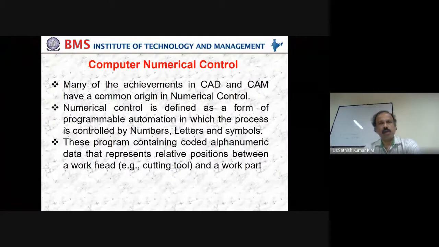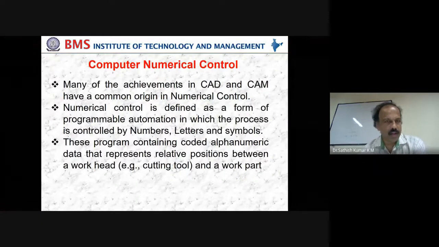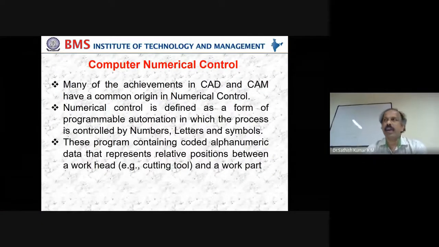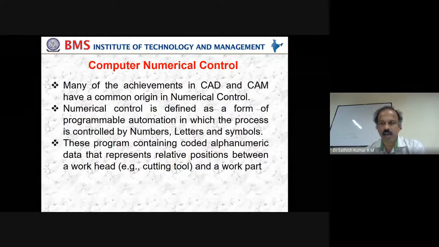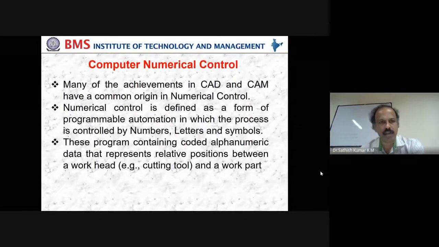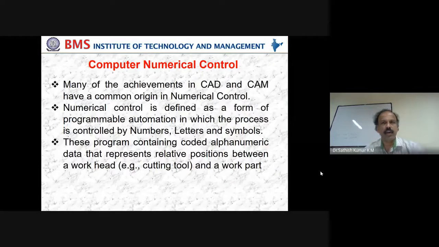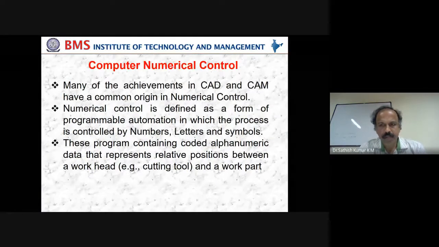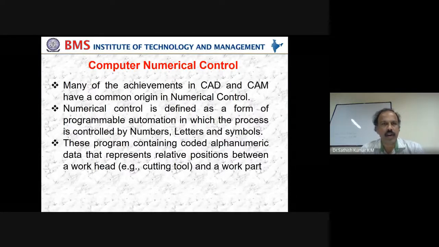Once again, good morning, everybody. We'll start with this chapter, which is dedicated to CNC programming. Initially I thought I would do this on the blackboard so that I could explain the concepts very clearly, but as we could not get that opportunity, I'm taking this chapter now. This chapter goes along with your robot technology, which we have done already. Now we'll go with what is called computer numerical control,